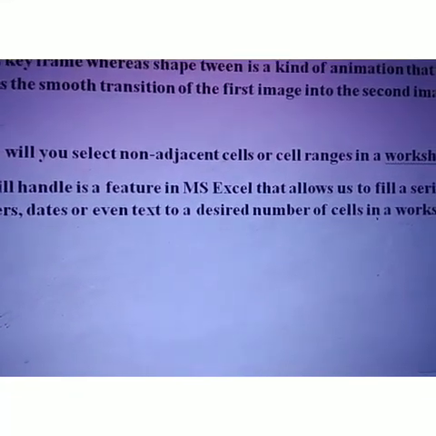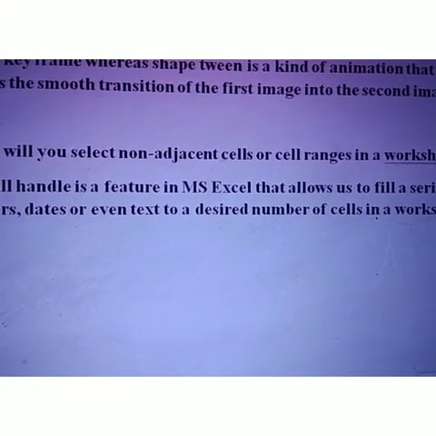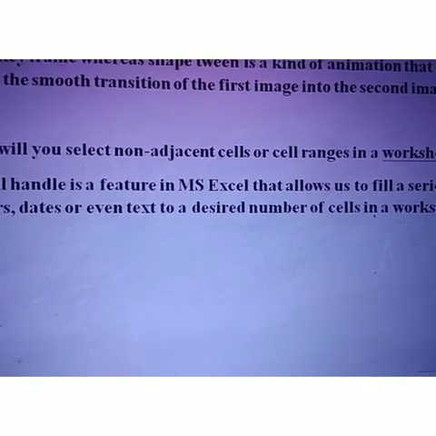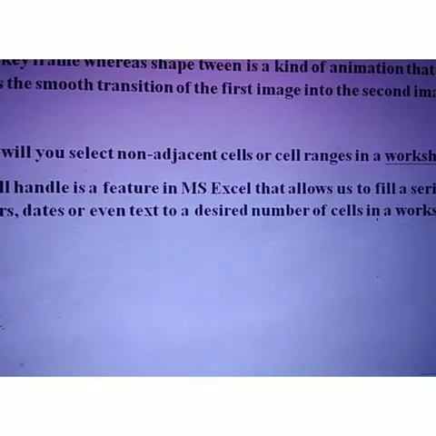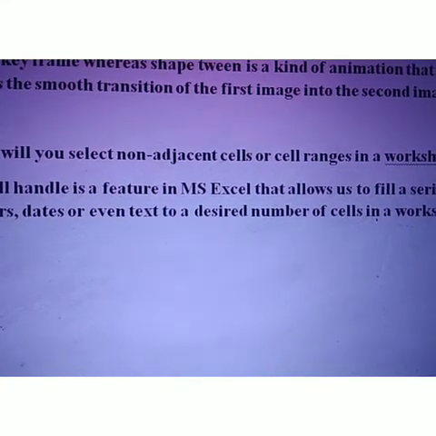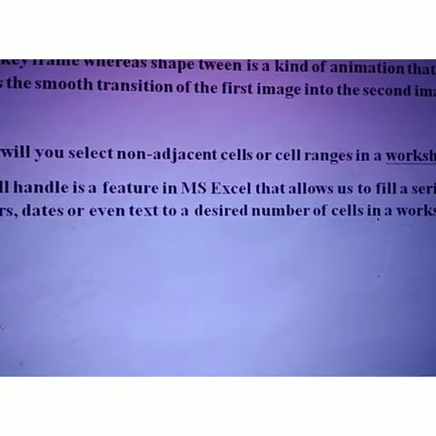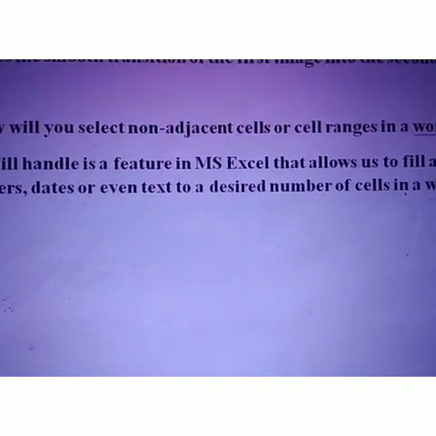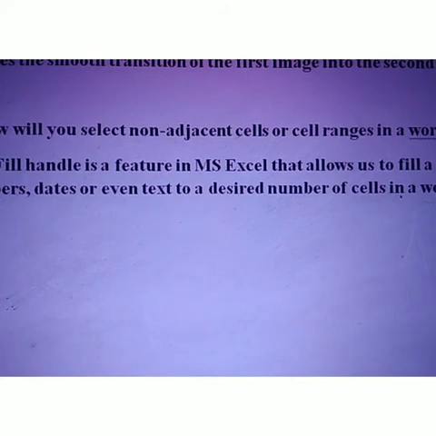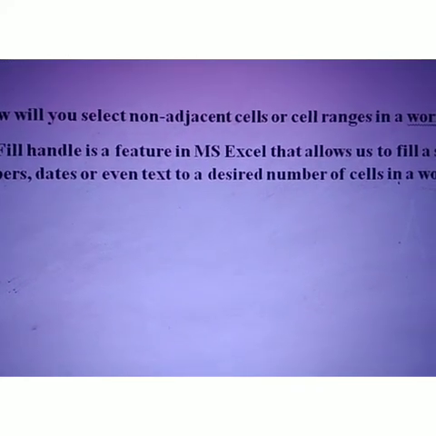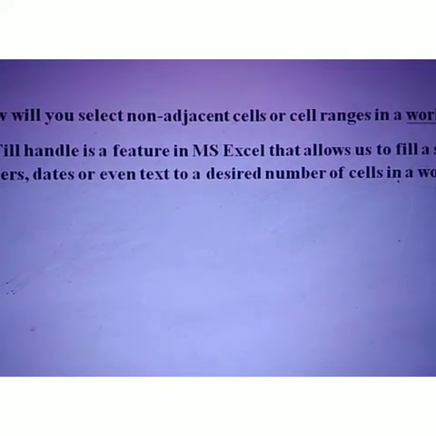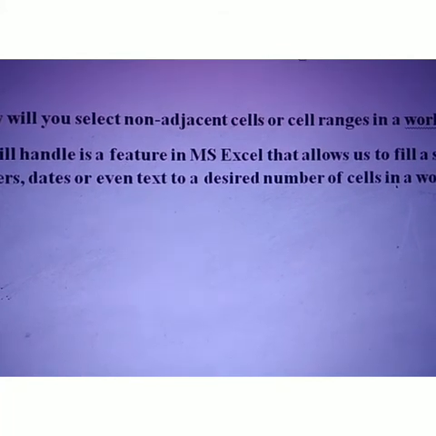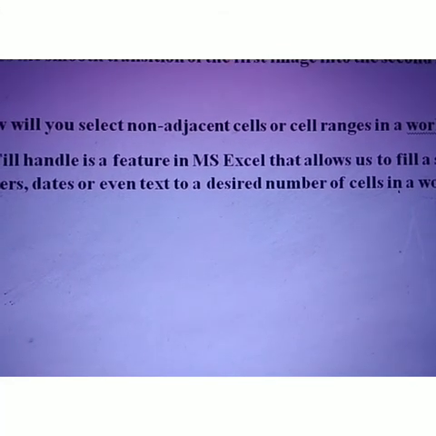So students, select the first row or column and hold down the Shift key, then click on the row or column header of the last row or column of the selection, and use the Control key to select non-adjacent rows and columns. We know easily how to select a non-adjacent cell or cell range in a worksheet. So student, we have just completed all the question answers of assessment number 2 in your book.